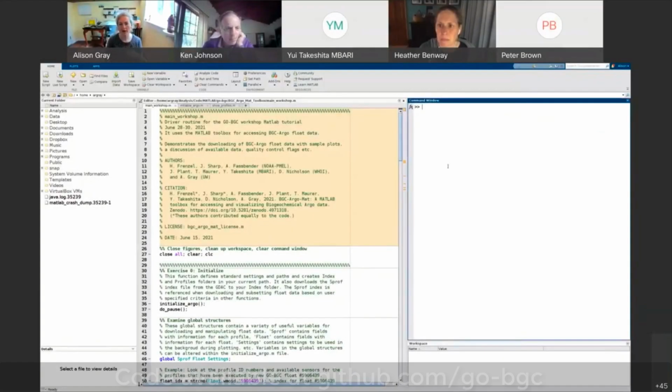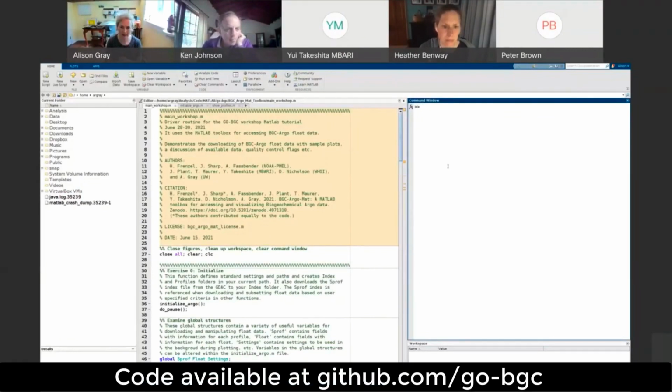This tutorial is going to be run by this main workshop.m script, and you hopefully have all had a chance to download the files from GitHub that make up this BGC Argo